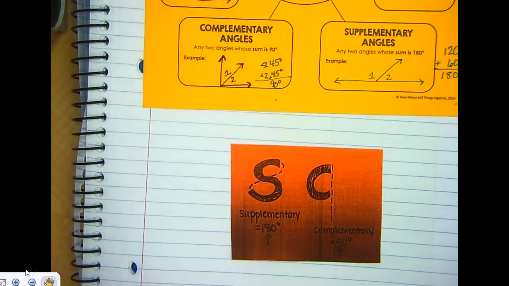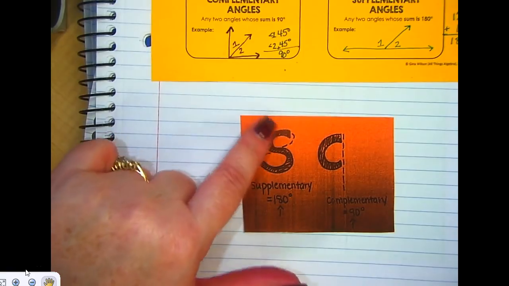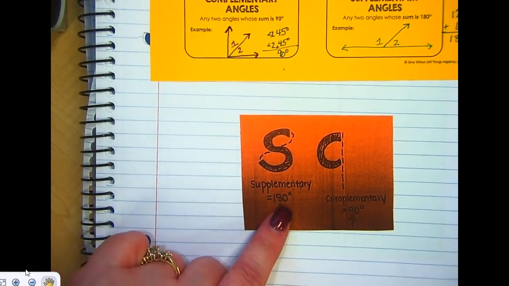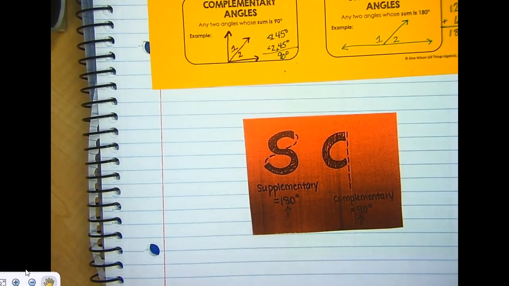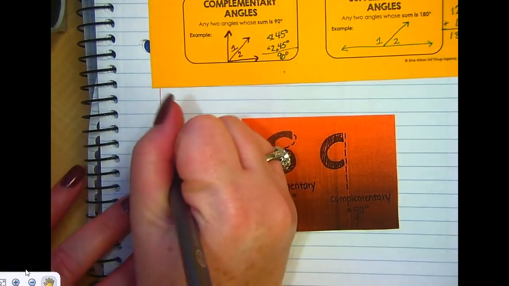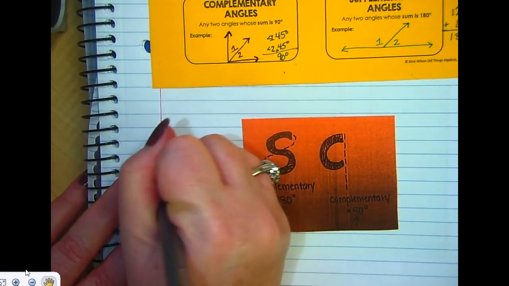All right, so the S in supplementary. S, you can think about that if you drew this little dotted line right there, it turns into an 8 to help you remember 180 degrees. So the S in supplementary, if you think about that as the 8, that can help you remember 180 degrees. So we're going to say the S turns